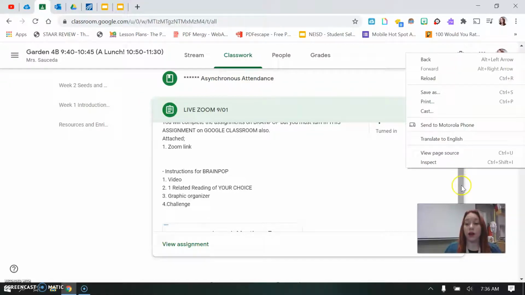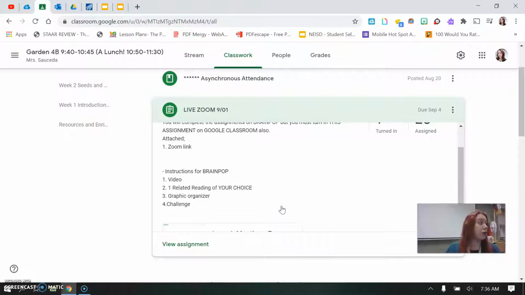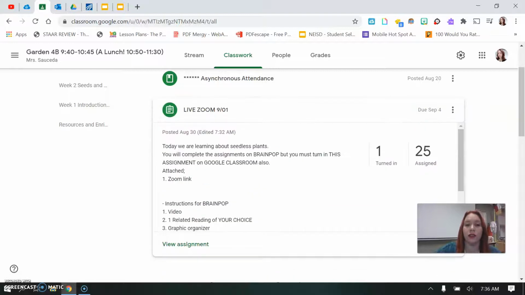So for the Brainpop, I give you 4 steps. There are 4 things that you have to do on Brainpop. You're going to watch some video. It's about 4 minutes. You're going to read a related reading of your choice. You're going to complete a graphic organizer and then do the challenge. So